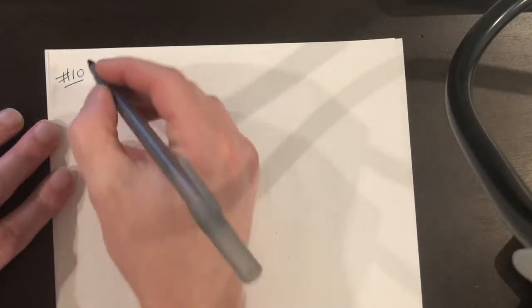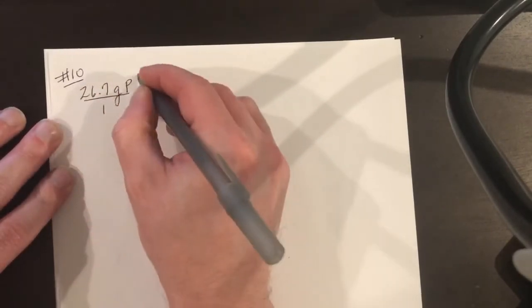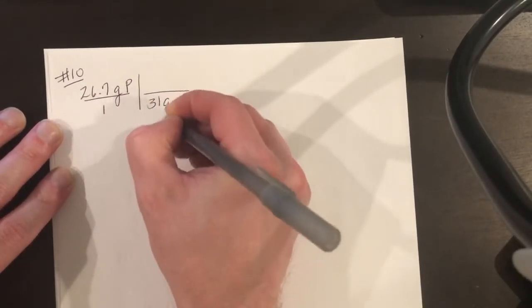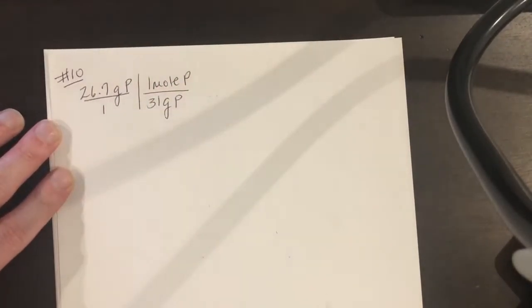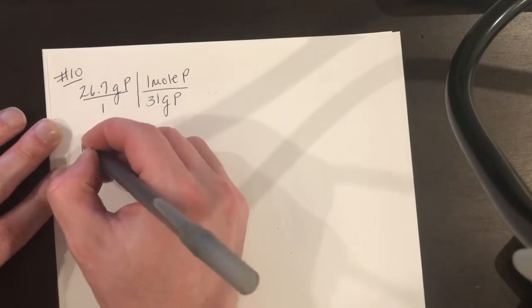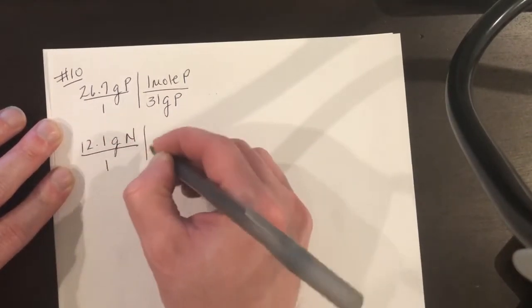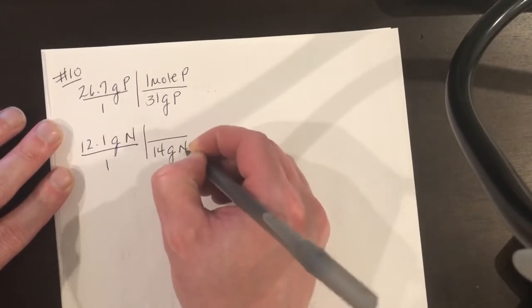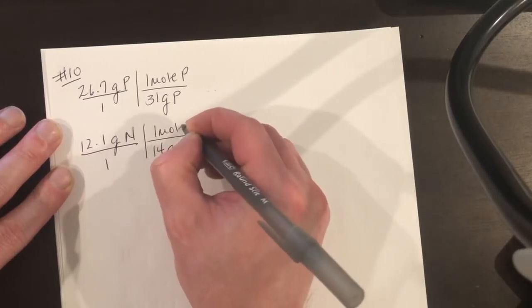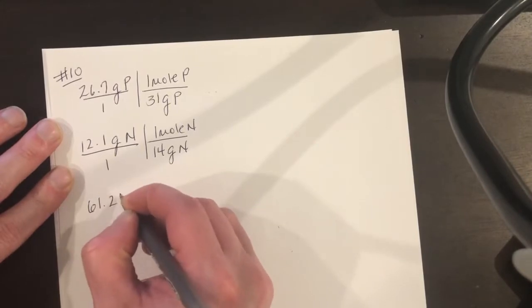Okay, so it says we have 26.7% P. So we're going to say 26.7 grams of P. P has a molecular weight of 31. Okay, and then we're going to say 12.1 grams of nitrogen over 1. And nitrogen has a mass of 14. And then it's 61.2%